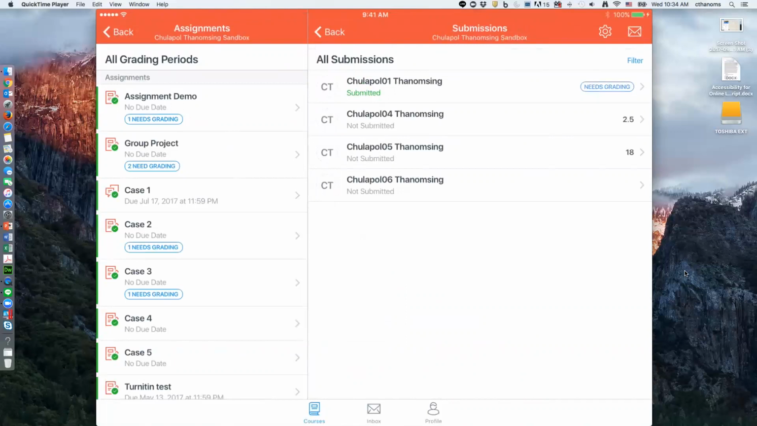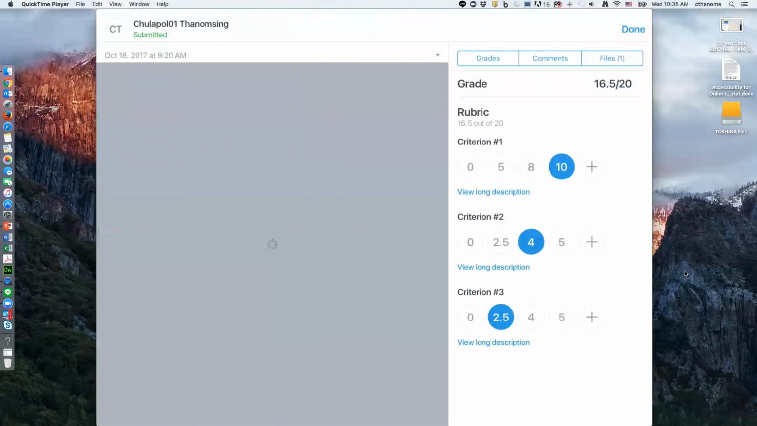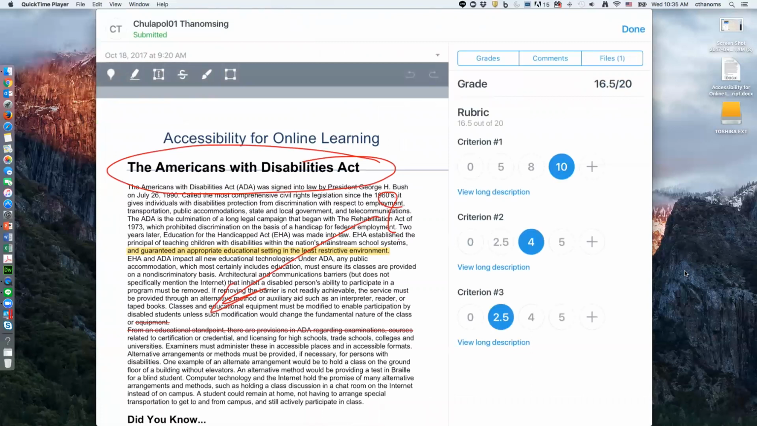So in this case, for this demo, I'm going to go to Chulapon 1 because it says need grading. So it means that the student has submitted something that I have not graded yet. So I'm going to go to Chulapon 1 and it would open up almost like when you are looking at it on your desktop browser. So it's going to open up Speed Grader, and if you look on the right-hand side of your screen,